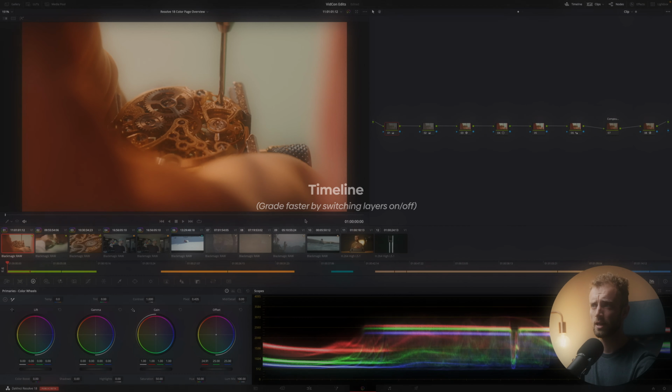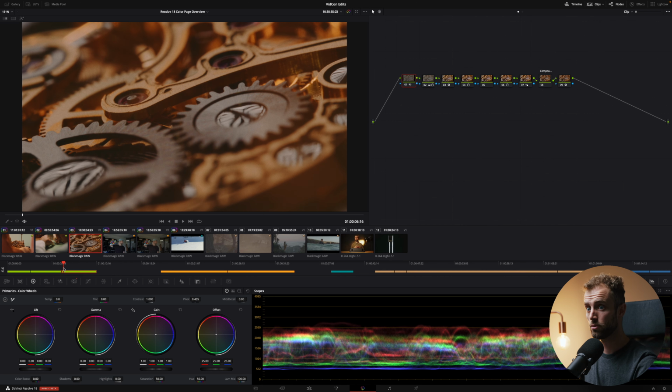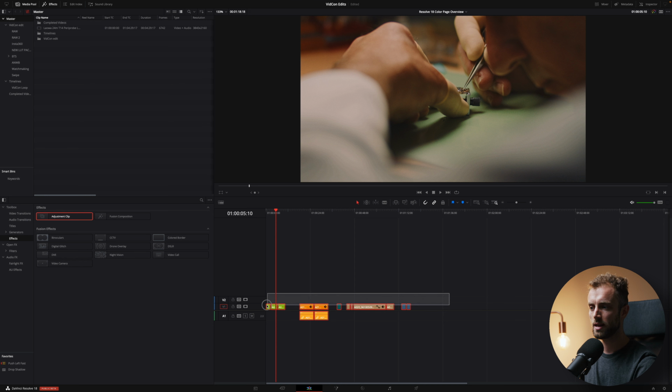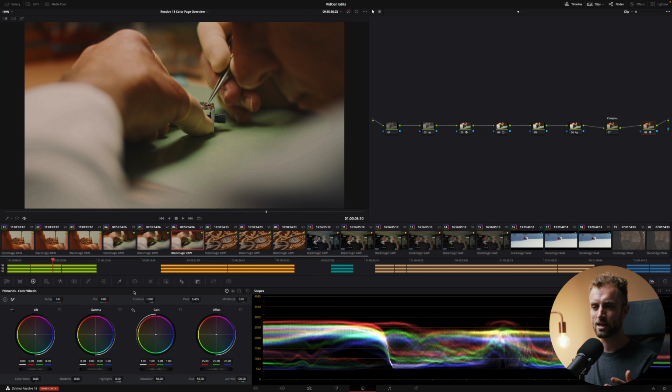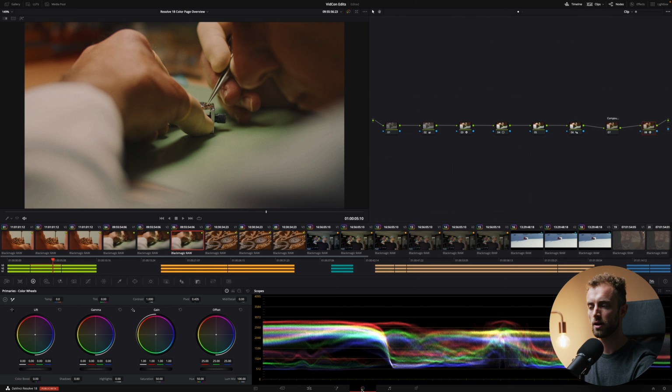Next, timeline. A couple cool things about the timeline is that you can, of course, scrub through the timeline and see what is up. But one thing that is very nice is, let's say you've got a couple layers of clips. Let's do it like that. And you're color grading, and you actually want to see only the clips that are on timeline 1. What I always did previously was go over to my color edit page and then deselect these, and then go back. But you can actually do that right here.